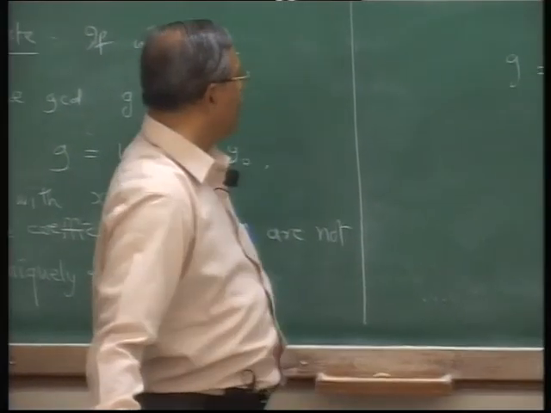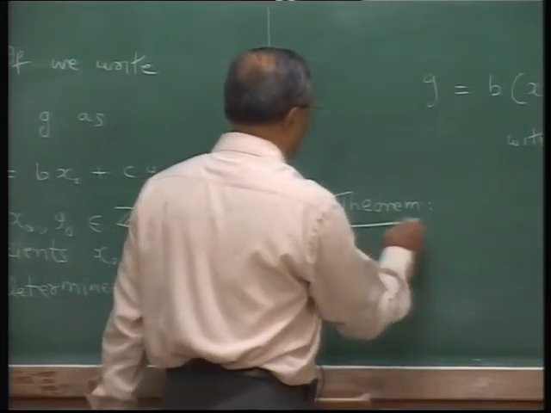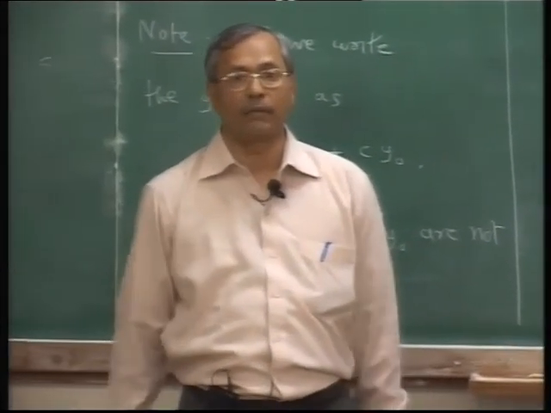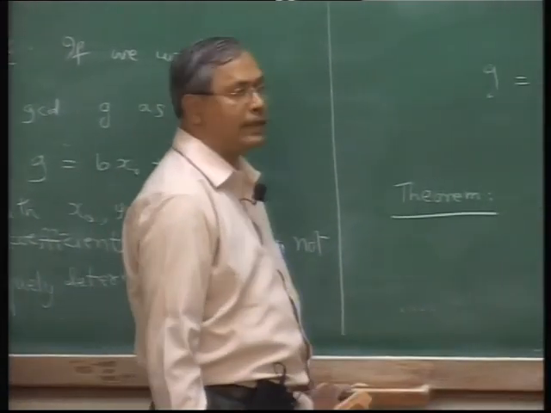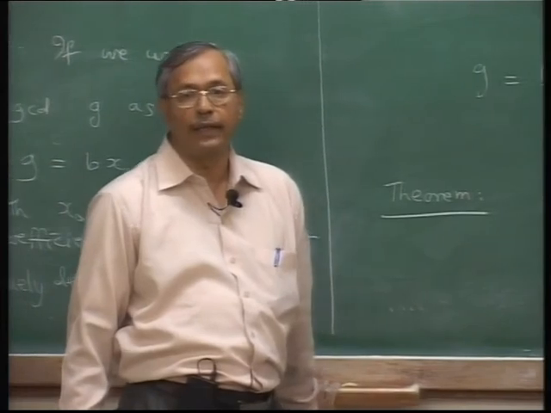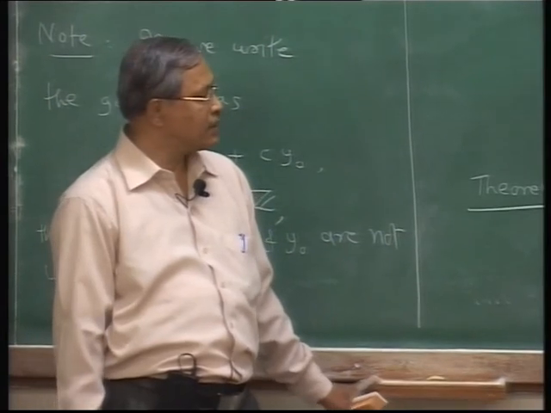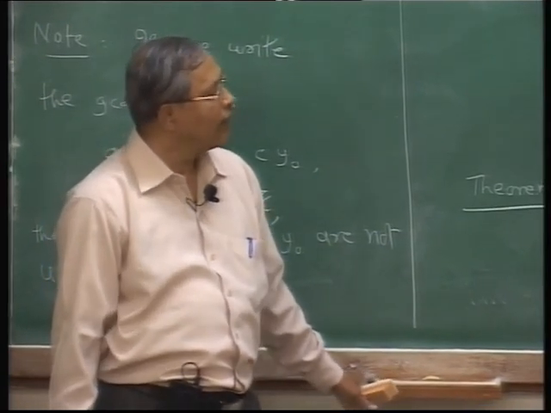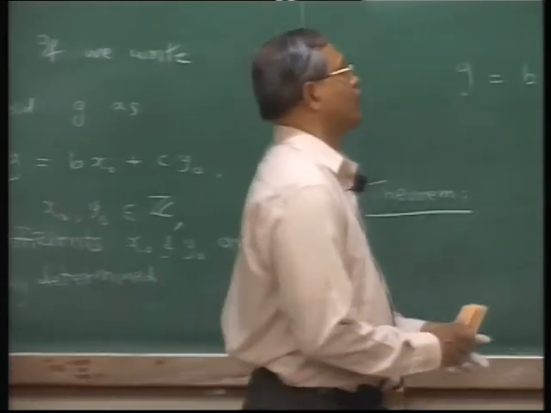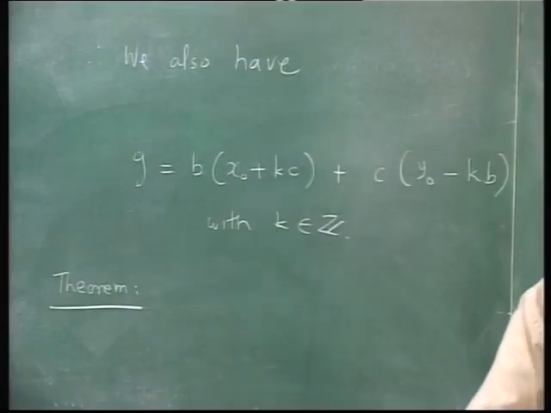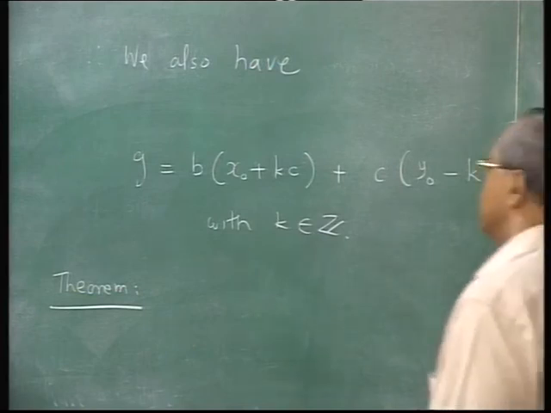The next theorem that we will see will give another interpretation of the GCD. Right now we are saying GCD means it's a common divisor of the numbers B and C, and it is largest among all divisors. The second interpretation is that it's a common divisor, and if we have a common divisor, that has to divide this. So the theorem says that these two conditions are equivalent.